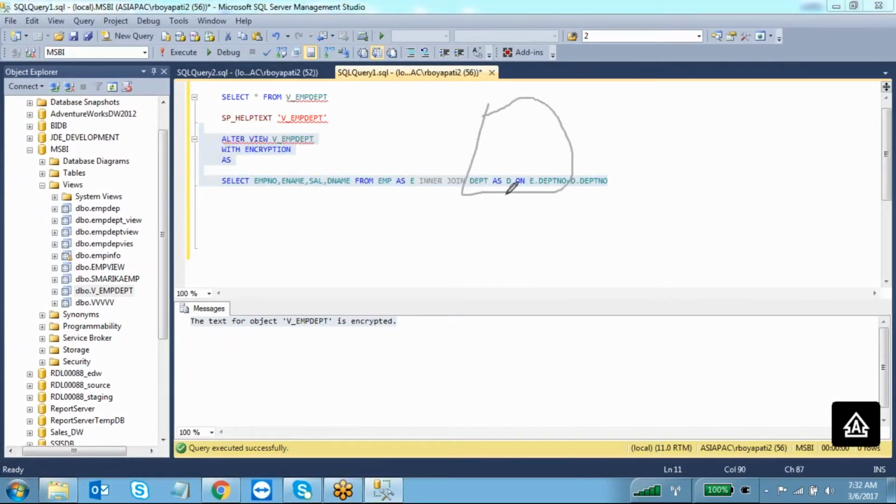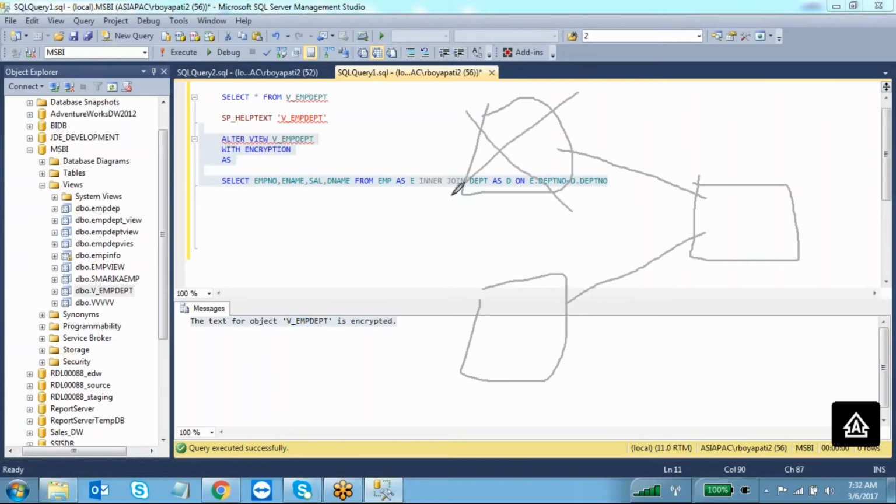Because we are using emp table and department table, and this is the view. This view is using emp table and department table. Someone is dropping this department table or emp table. So when you are calling this view, what will happen? The view is looking for the emp table, but the table was dropped by someone. So these kind of problems will arise.